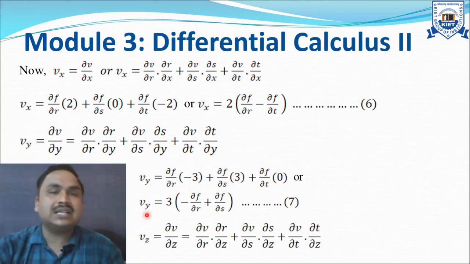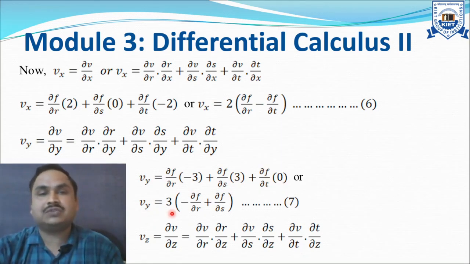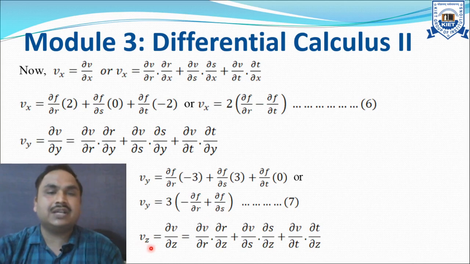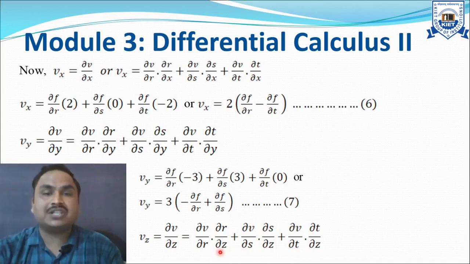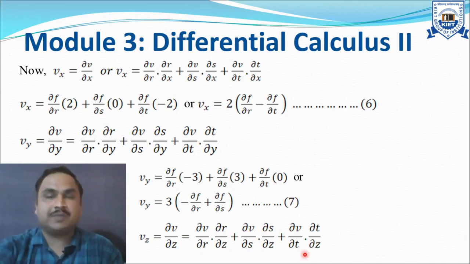On simplification we get vy equals 3 into minus del f by del r plus del f by del s. At last, vz equals del v over del r into del r over del z plus del v over del s into del s by del z plus del v over del t into del t over del z. Now we put the values of the partial derivatives of r, s, t with respect to z from equations 3, 4 and 5